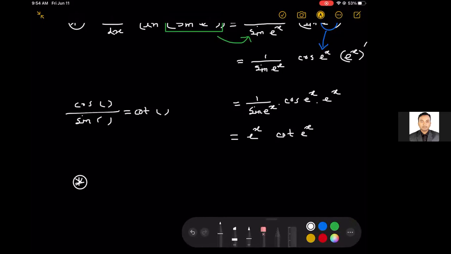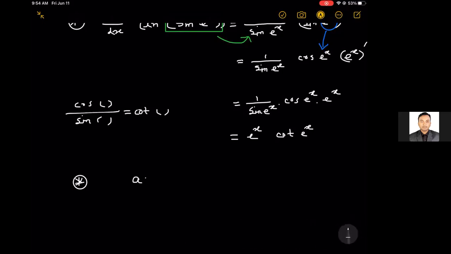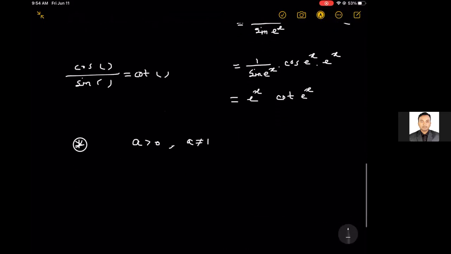That means if you take any value a, which is greater than 0 and it's not 1, and you can verify these two things, whenever you get a function of this format, the derivative of that will be